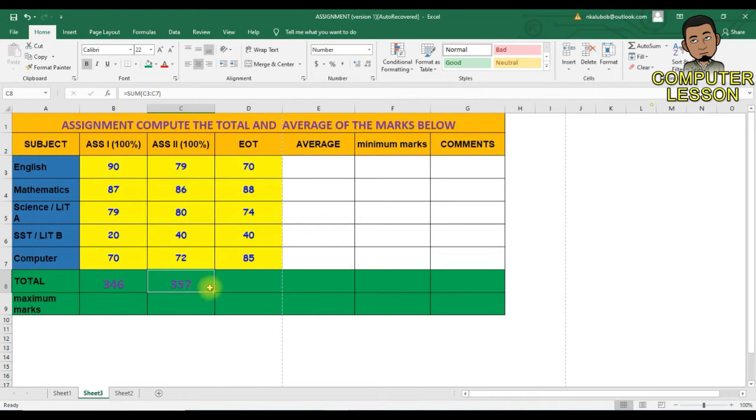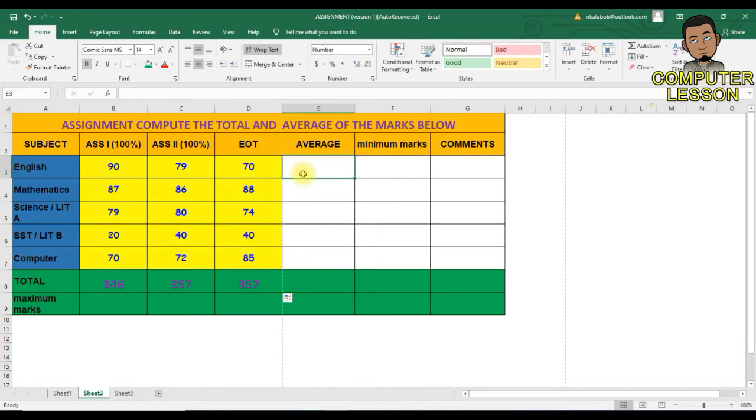Also, we can copy the formula from one cell to another by coming at the end of the cell here. Once this cursor turns into a small cross, you just highlight and it will just copy the formula to the next. Sorry, we made a mistake somewhere. If I copy the formula in this cell to other cells, it is supposed to be like this. Okay, it is perfect.